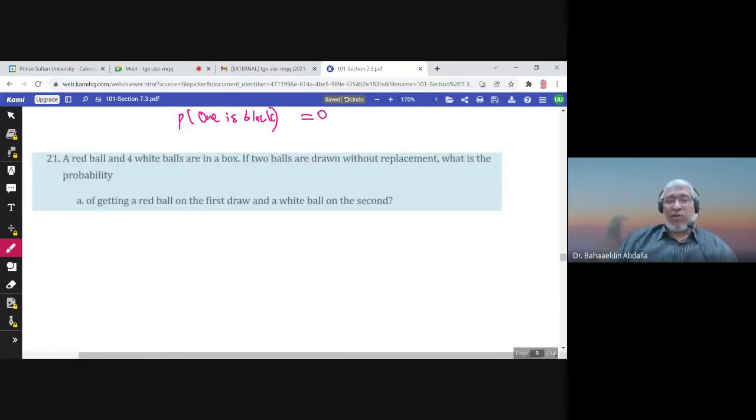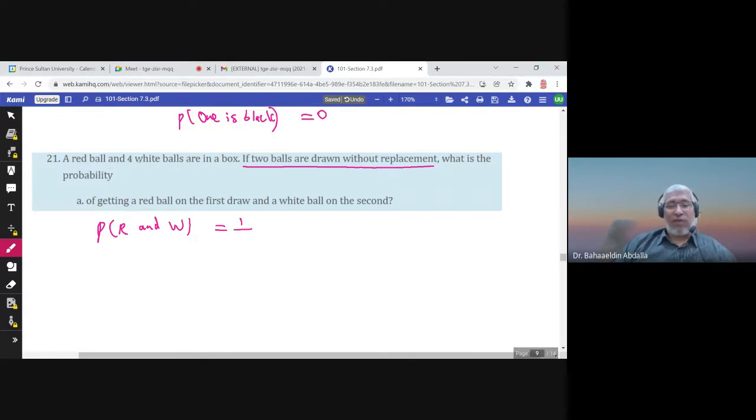If 2 balls are drawn without replacement, so we are not going to put it back, what is the probability of getting a red ball on the first and a white ball on the second? So probability of red on the first and white on the second. What is the probability of red? How many reds are there? 1 red. And 4 white. So how many balls? 4 plus 1, 5. So the probability that the first ball is red is 1 over 5, times